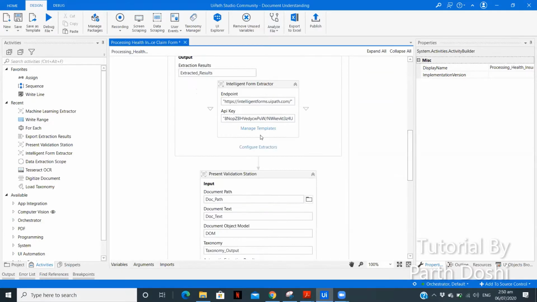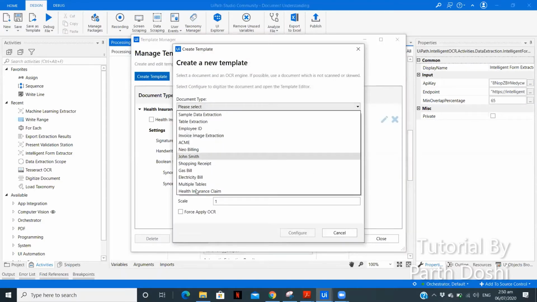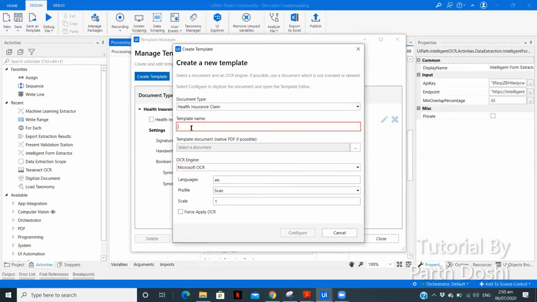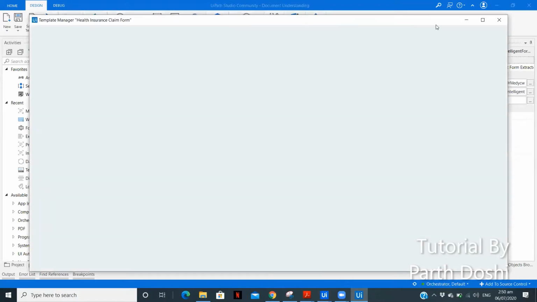After that, you need to create a template. You need to click on create template, select the document type, health insurance, and name the specifier NAV PDF. It is always better to specify a NAV PDF while extracting the data. Now, after you create, this particular screen will appear in front of you. I have already created it, and I have clicked on edit to show you how I have selected all the fields.